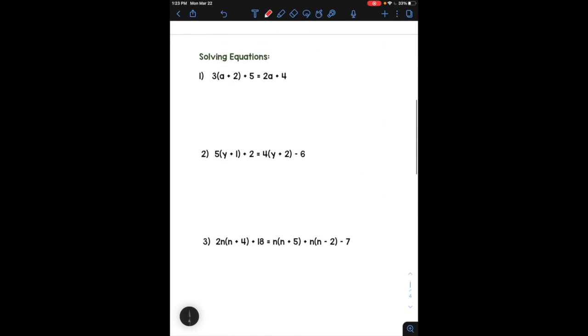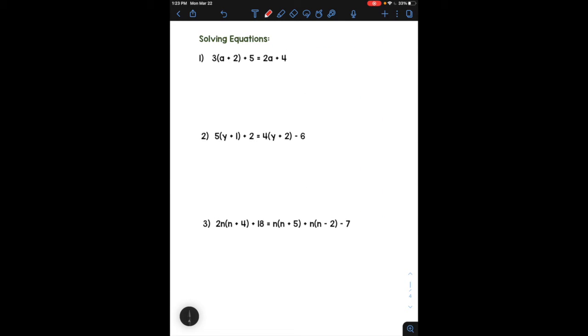Going on to our second page of today's notes, we are not only using our distributive property to simplify an expression, but we're also going to use it to solve an equation. You might remember this from a previous chapter. In problem number 1, we are distributing the 3 times the a and 2 in the parentheses, the binomial we're multiplying it by. 3 times a is 3a, 3 times 2 is 6, and we'll tack on the plus 5